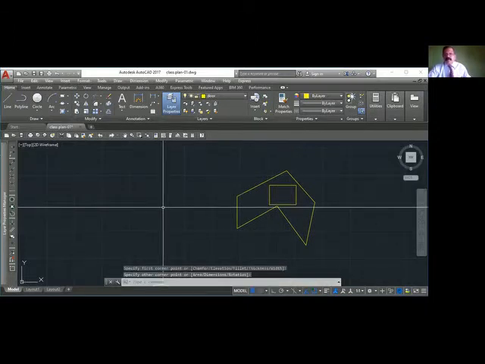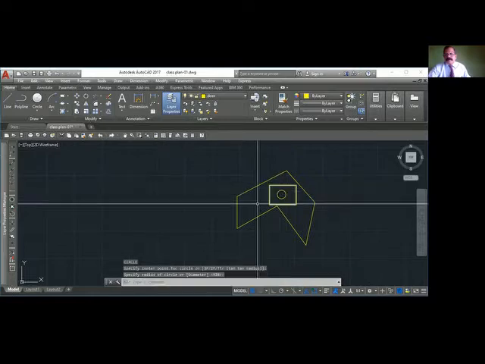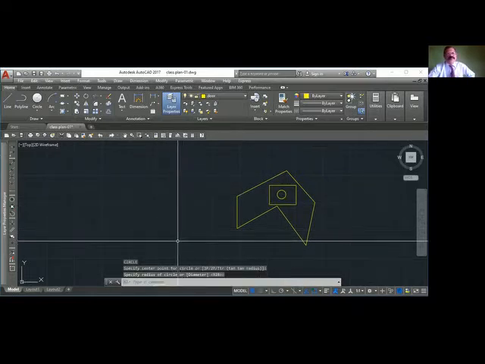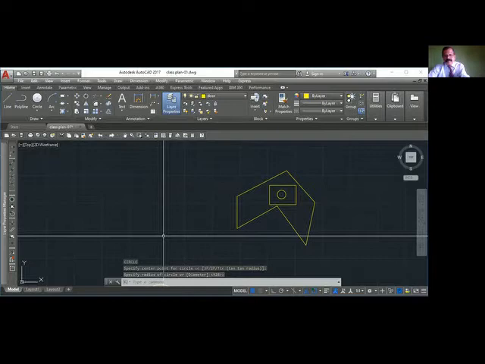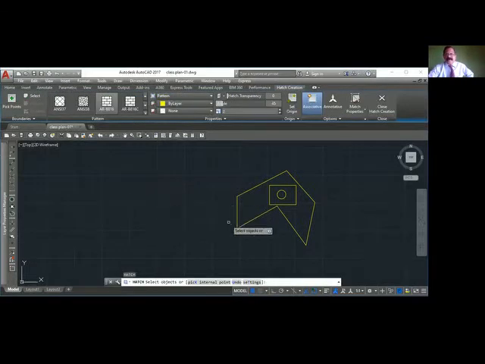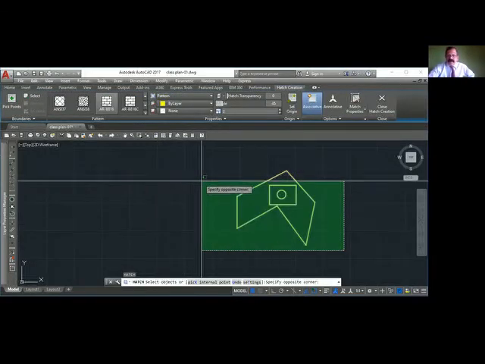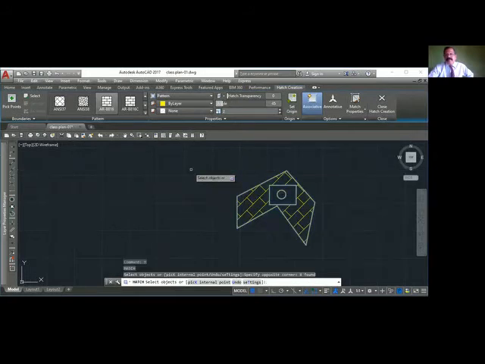Inside that I have a small circle. Let us see what happened now. Hatch, H. I can select objects. How will I select the object? I will select all like this. So what happens is he's putting only in the outer. He did not put it here.